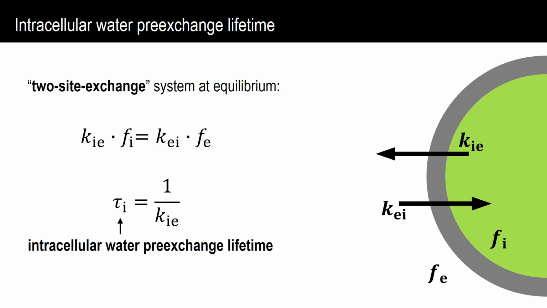We have briefly shown that the timescale of transatomal water exchange, represented by tau I here, is an important parameter in many MR methods and models. And many of these methods target the central nervous system. But there are very few direct measurements of tau I in the central nervous system. And this is the goal of the study in our paper. To be more specific, we aimed to separately measure the tau I for different cell types in the CNS.